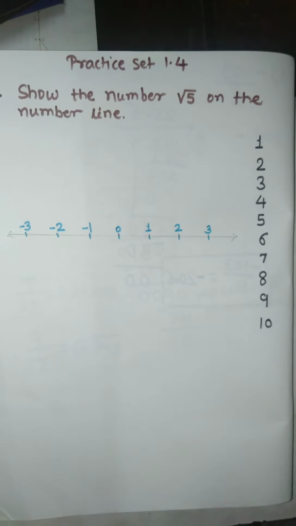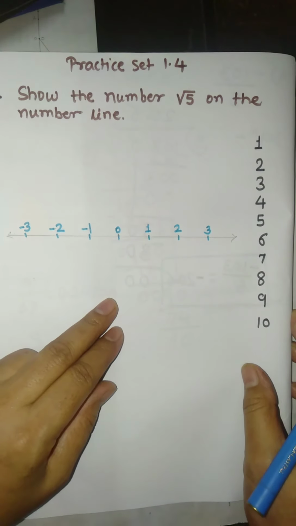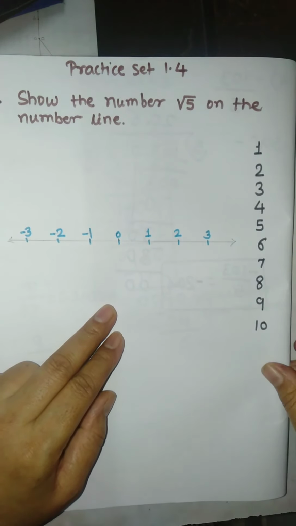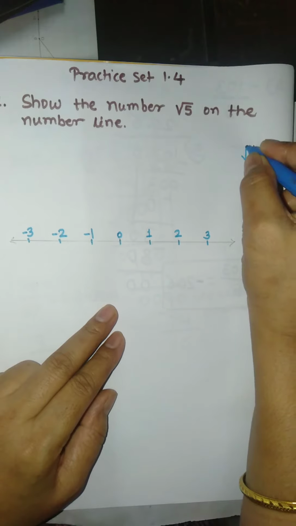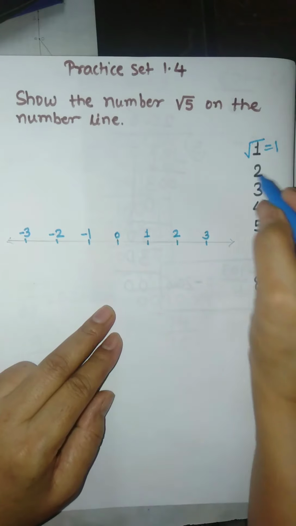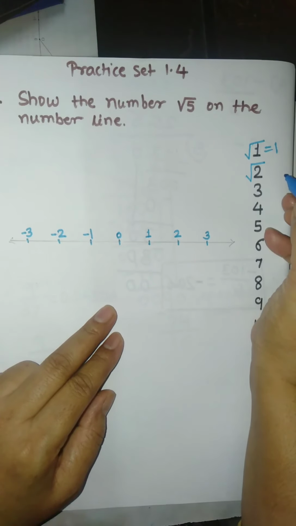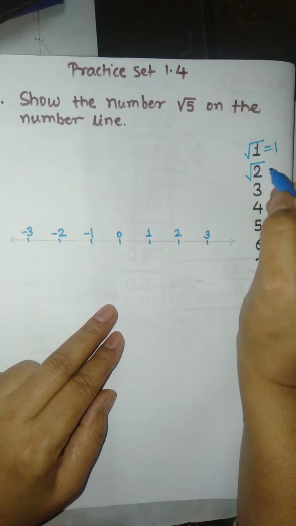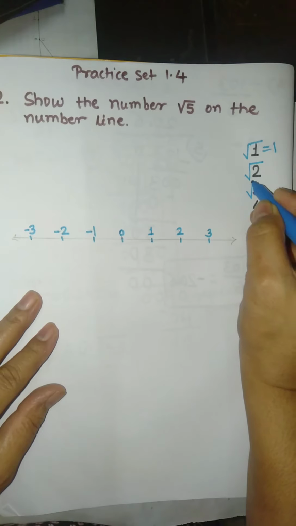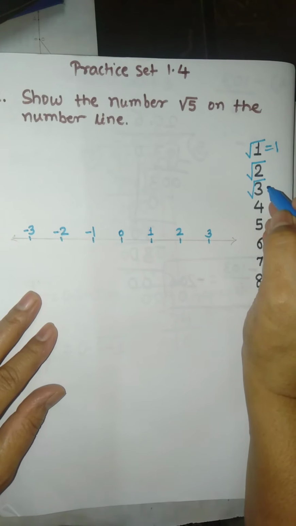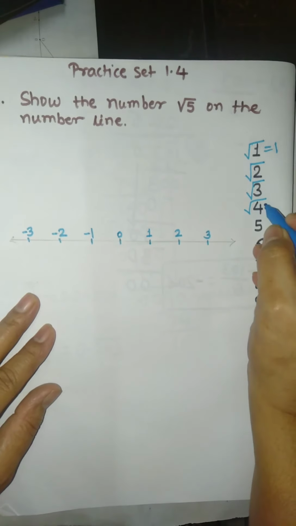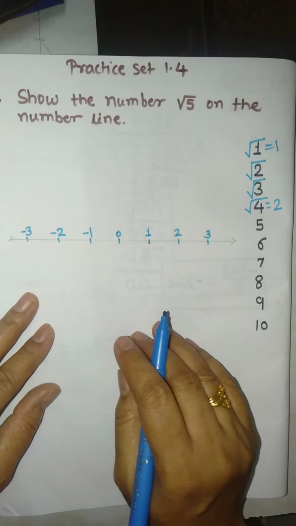See here. This is a very important topic because the same topic is repeated in the 9th standard. Firstly, I have written here the numbers 1 to 10. So calculate the square root of 1. It is 1, correct? 1 is here. Now this is root 2. It is a non-perfect square number, so take it as it is. Now root 3 again, it is non-perfect square, so take it as it is. Now root 4. Root 4 is equal to 2, correct?